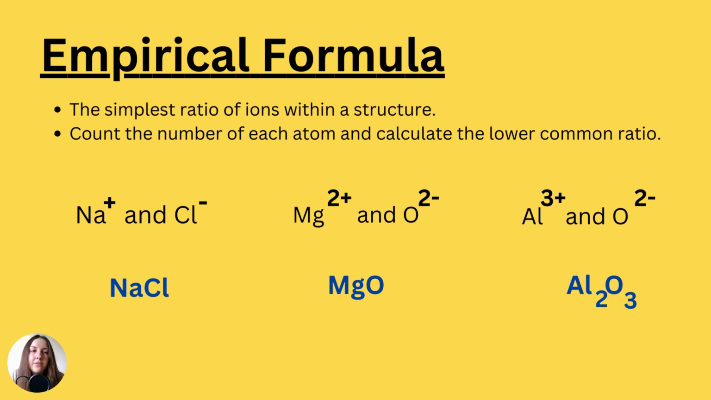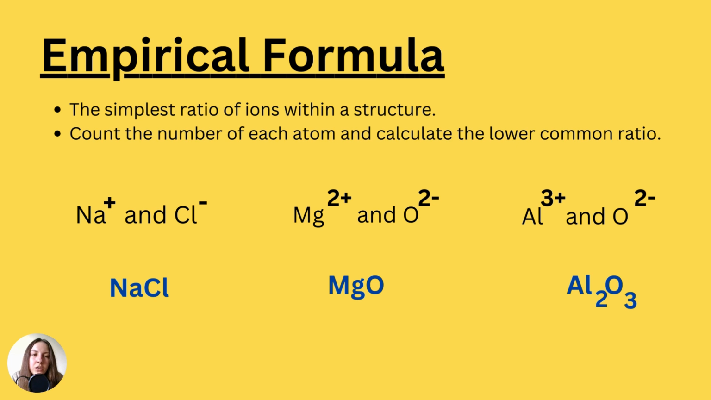Empirical formula, however, is found on the specification, and an empirical formula is the simplest ratio of ions within a structure. So you saw that giant ionic lattice, and you'll have lots of sodium ions, lots of chloride ions, or other ions, non-metals and metals. And you need to be aware that these structures are huge. They're giant ionic lattices,